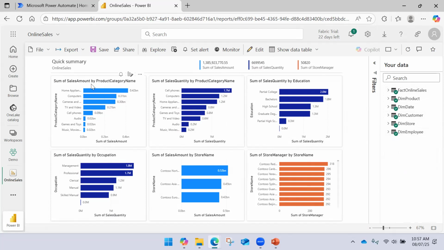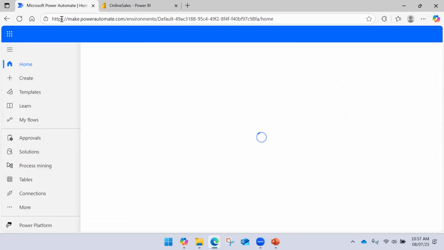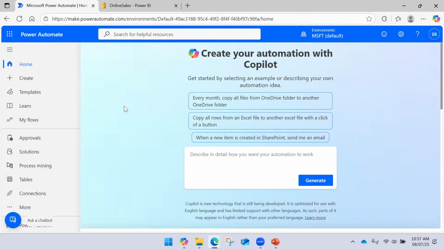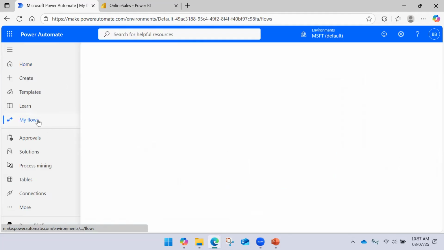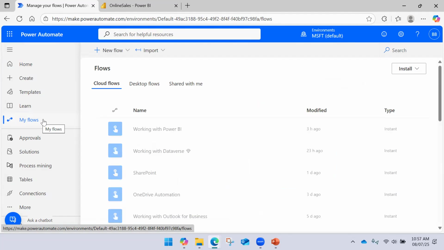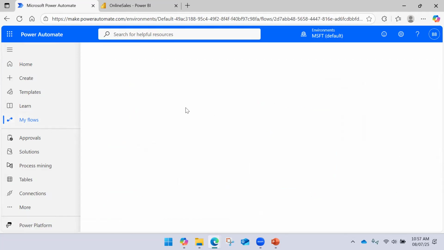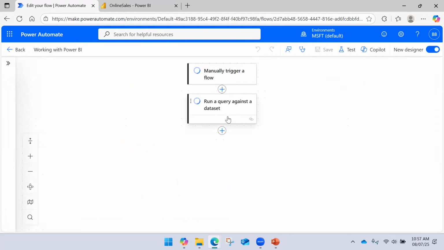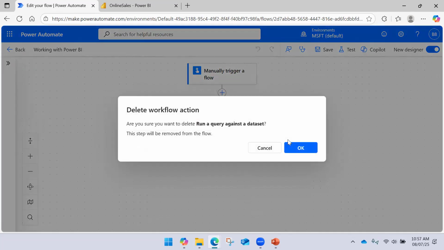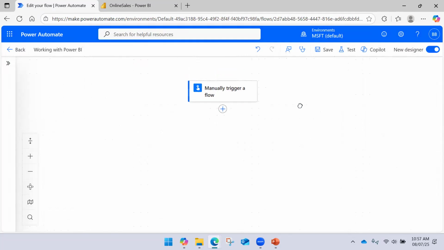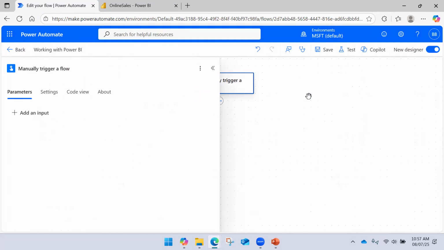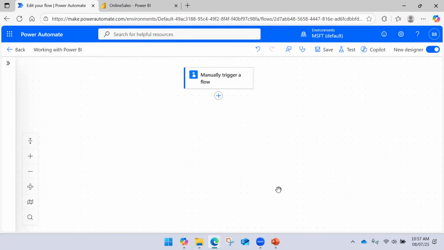on the Power Automate side for Power BI. Okay, so let me start creating a flow. Let's say I have a flow. Let me use the same one. Let's delete this. Okay, so here again I'm using a manual flow, but you can use the